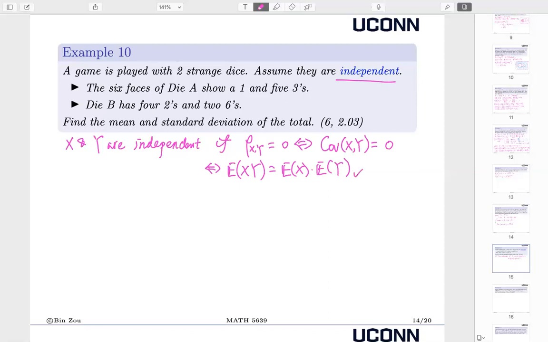This is quite often used as the definition for independent random variables. That is, the expected value of the product equals the product of expected values. Okay. Once this is clear,